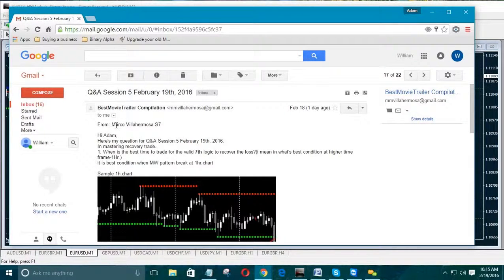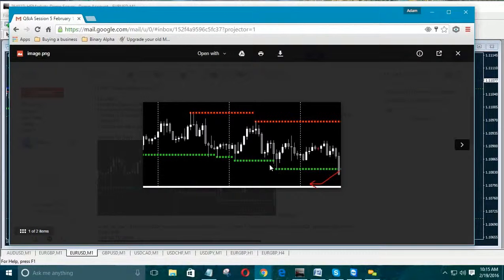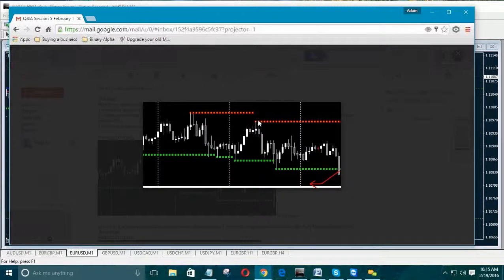Okay, this is from Marco. Hi, Adam. Here is my question: in mastering recovery trades, when is the best time to trade for the valid 7th logic to recover a loss? What's the best condition in the higher time frames? Look at my sample. Yeah, I mean, for me, anytime the market approaches a range, so here, for instance, this big pin here,